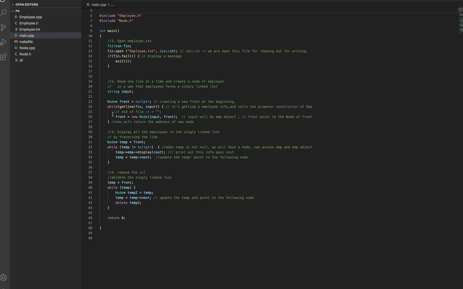And in the class, Dr. Park said the while loop is the best in this project because we don't know the size, how large it is. Maybe like a million size. We don't know, so a while loop is the best option. Getting line from the file fin, and the input is getting an employee. The fin input is getting an employee information, and